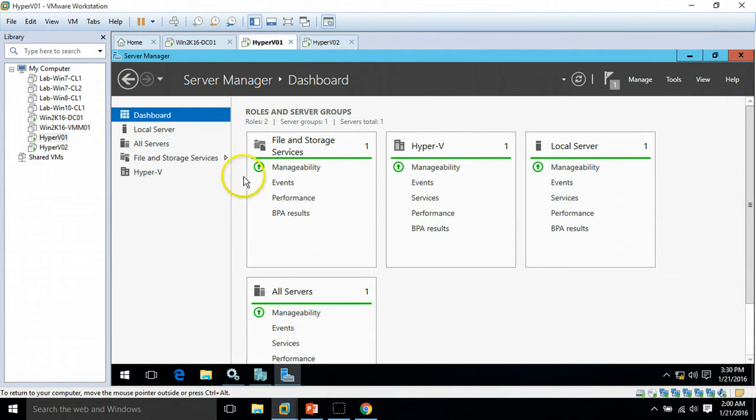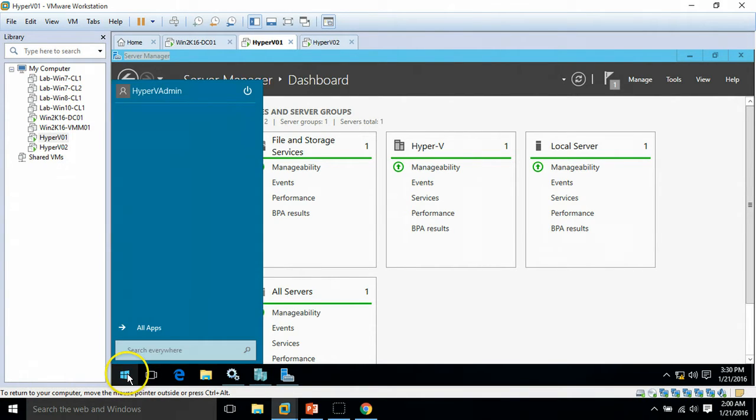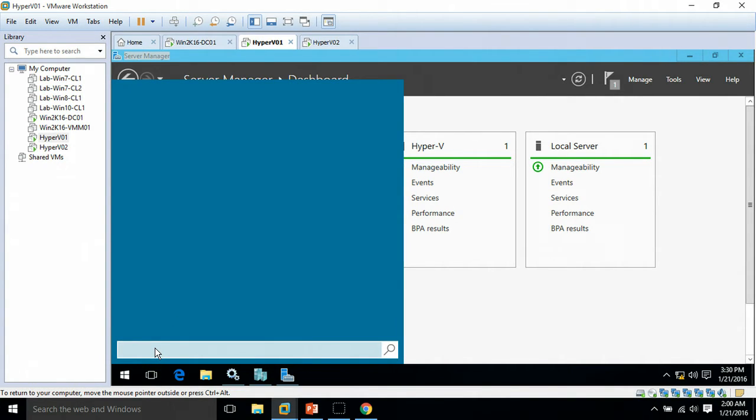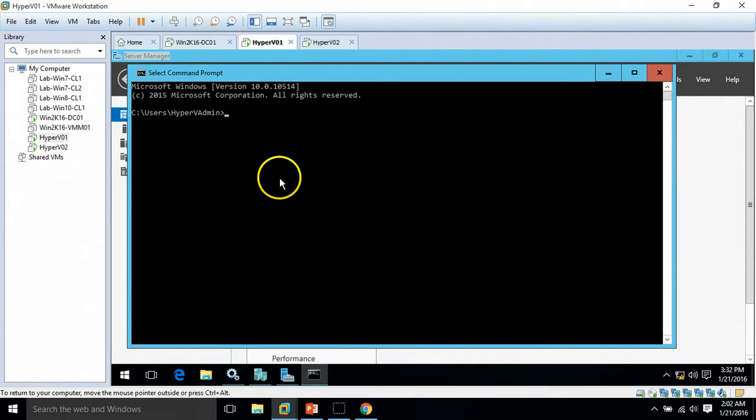I'm going on it. This is my Hyper-V 01. I'm going to open command prompt, cmd. It's a little bit slow. Going to open it. On the command prompt, I'm going to type iscsicpl. So it's going to launch the